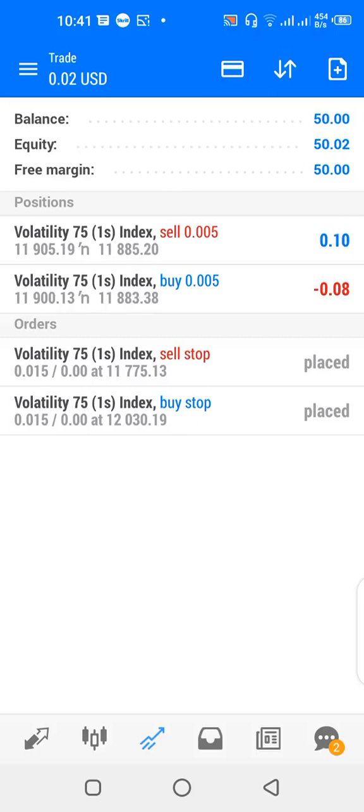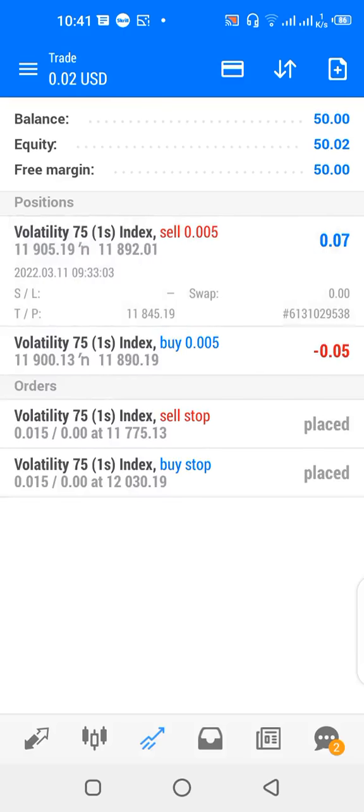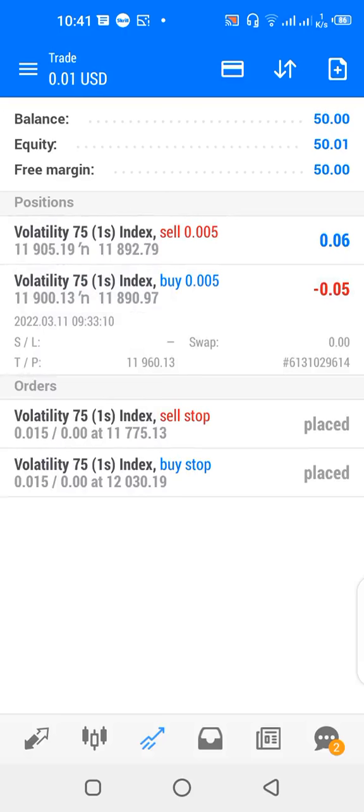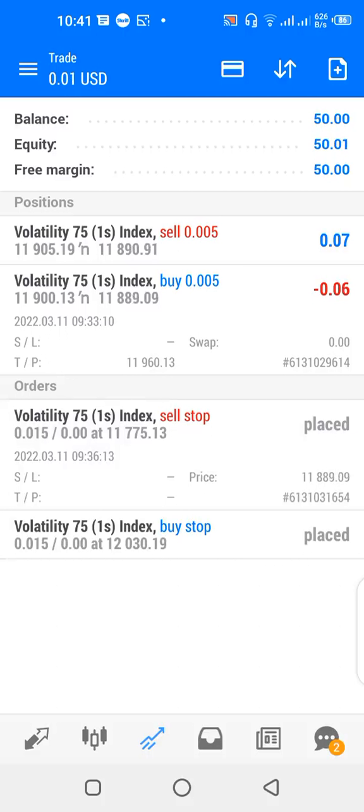Of course, for V75 1S, the original trade take profit is supposed to be 80 points. Once the Grail Hedge starts, I'm going to set 80 points as the take profit for my untriggered running trade, and I'm also going to set 80 points as the take profit for my pending order. Of course, the stop loss will be 210 points for the untriggered trade, and the stop loss for the pending order will also be